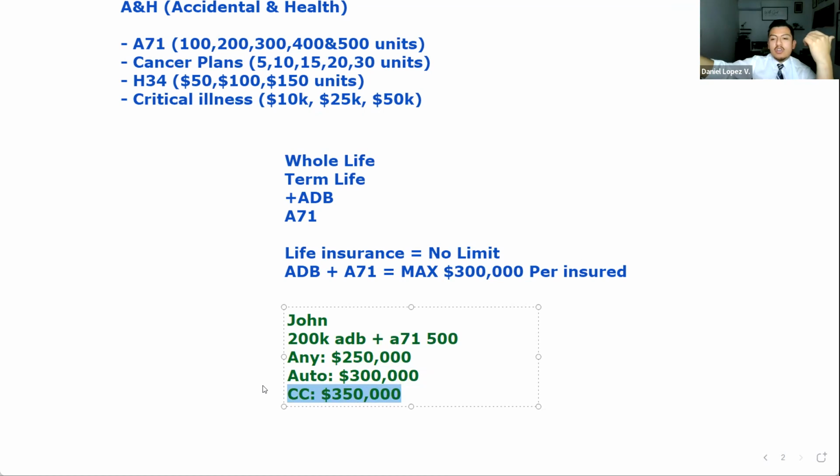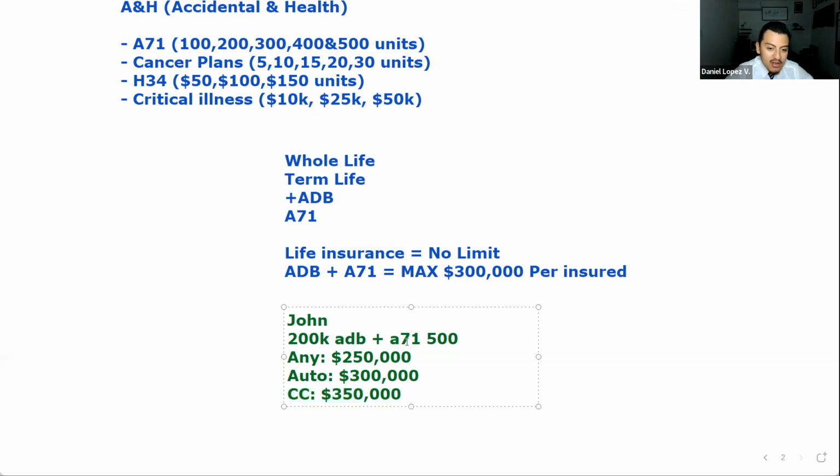And then a month later, you're going to get a modification from the company that says, hey, we cannot give your client what they want. You put down 871 500 unit, we're going to have to drop it down to 300 unit. And you're going to have to get this document signed that says, hey, we dropped down your coverage. No one wants to hear that as a client. So it's going to probably cause a cancellation. Hopefully not, but it's what it is. So you got to know that.